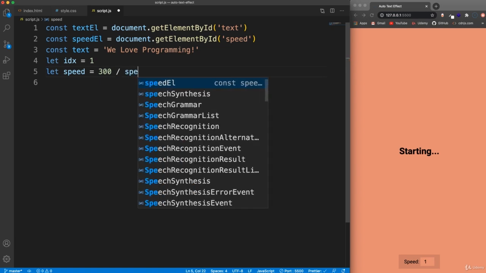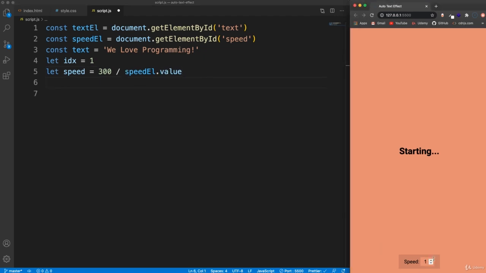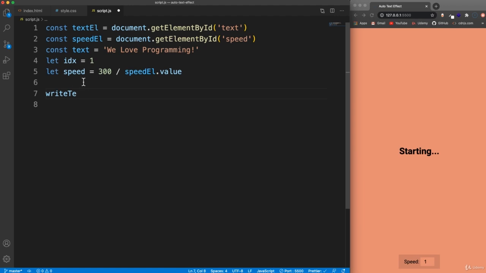So we'll take the speed element and we can get the value with dot value. It'll start out with 300 divided by 1 or 300 divided by 2, and that's going to make it faster as we increase it. Now we're going to initially call a function called writeText. So we want to create that function,